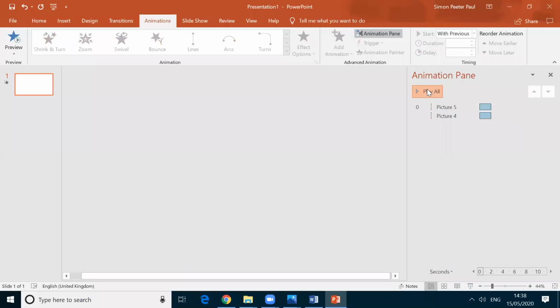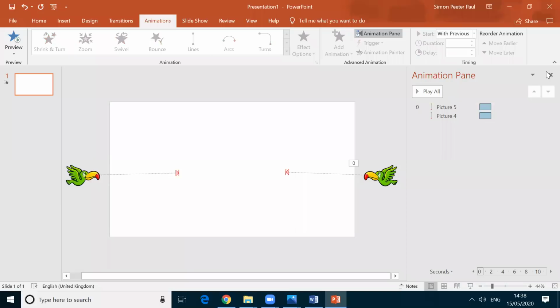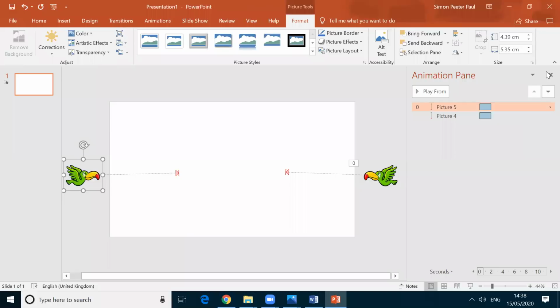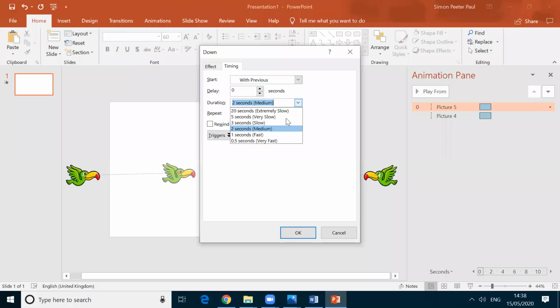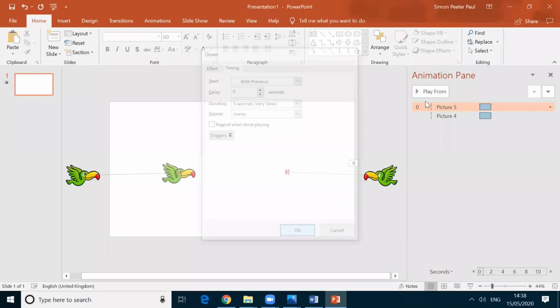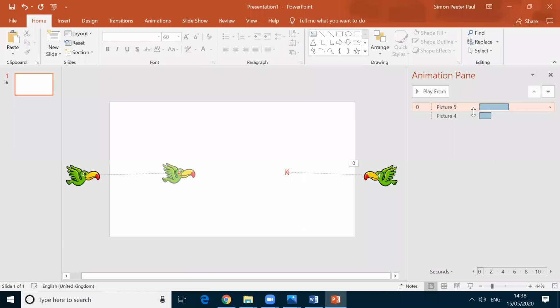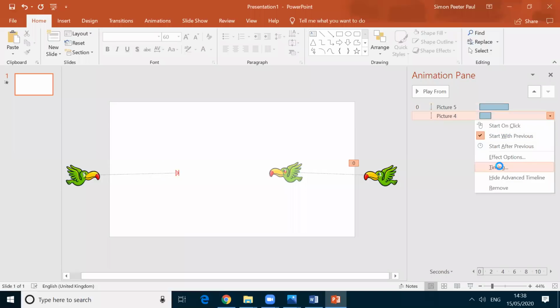I can change the speed as Sir has already told. I click this one and then I'm clicking on the effect timing. Here I'm selecting very slow for this. And then again, I click on picture 4. I click the down arrow and then I'm going for the time option.